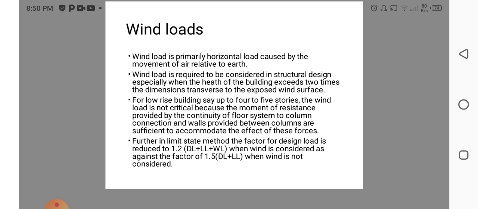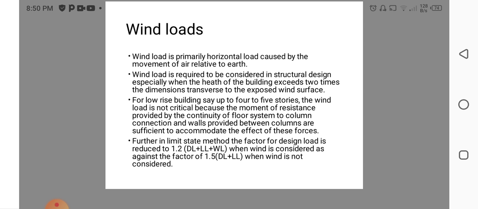In low-rise buildings, say up to 4 to 5 storeys, wind load is not critical because the moment of resistance provided by the continuous floor system to column connection and walls provided between the columns are sufficient to accommodate the